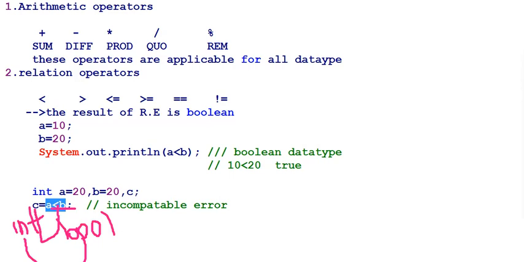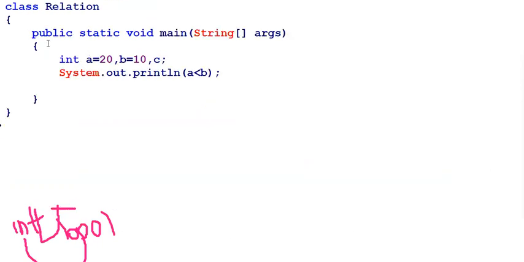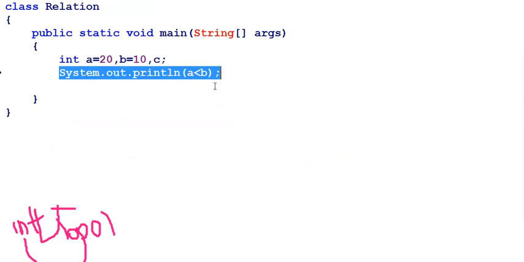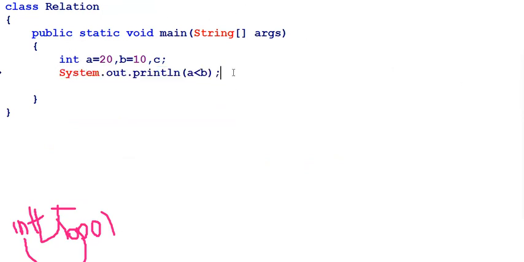Let us see some code for this evaluation of expressions. Now I am writing A equal to 20 and B equal to 10, and I have declared C but not assigned it. I would like to print the value of A less than B. It will always produce the result false, because 20 is less than 10 is a false statement, which will be printed on screen.